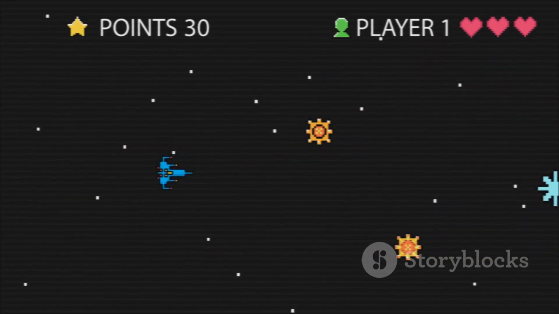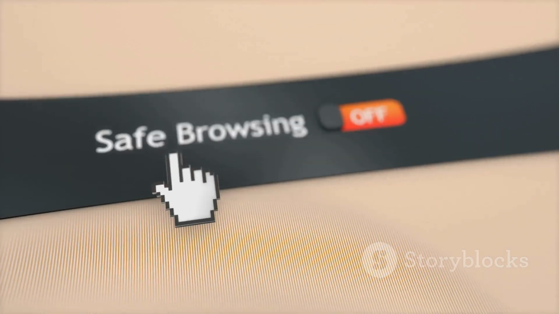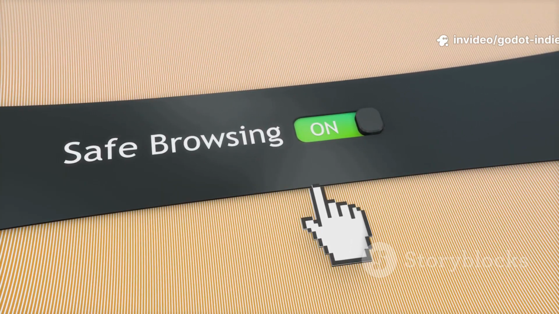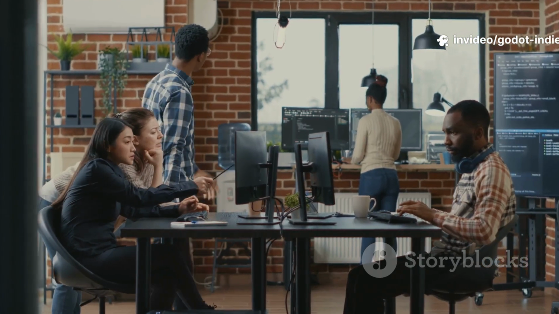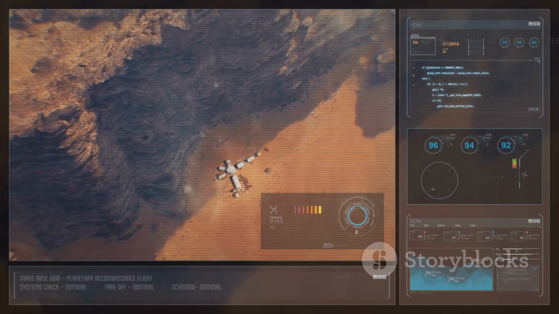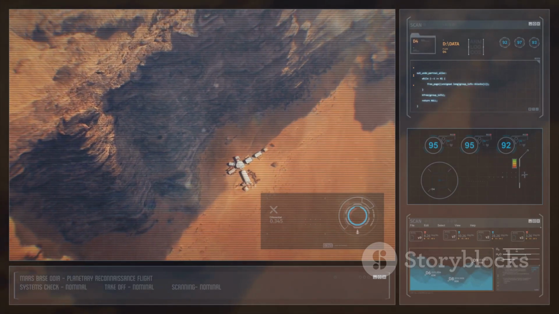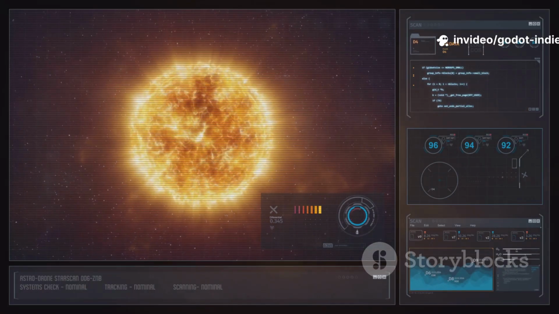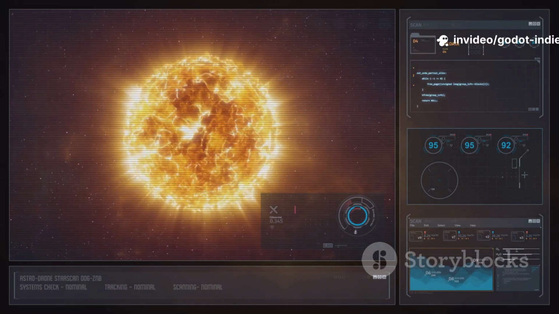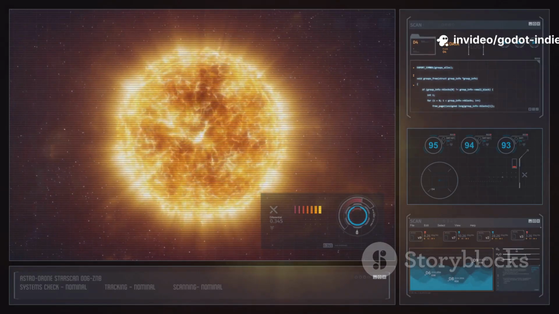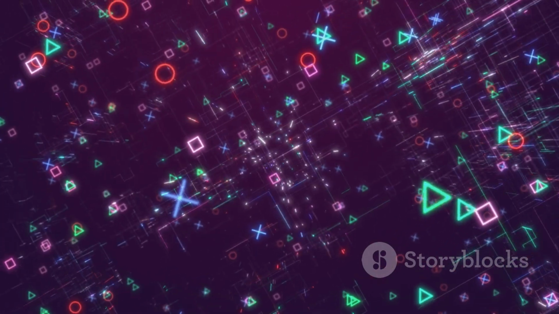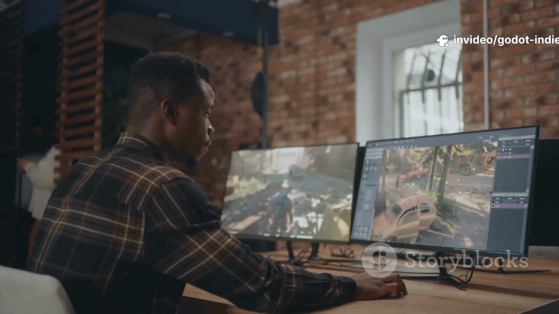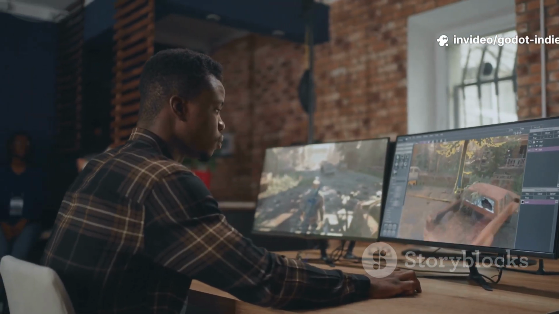Godot is completely free and open source. This isn't just about saving money on licensing fees, though that is a huge benefit for a small studio. It's about freedom and transparency. Because it's open source, you can look right into the engine's source code. You can see exactly how it works. If you find a bug, you don't have to wait for a big corporation to fix it. You, or someone in the community, can fix it directly. No surprise terms of service updates, no new pricing models that take a cut. The Godot Foundation ensures development is guided by users, not shareholders.